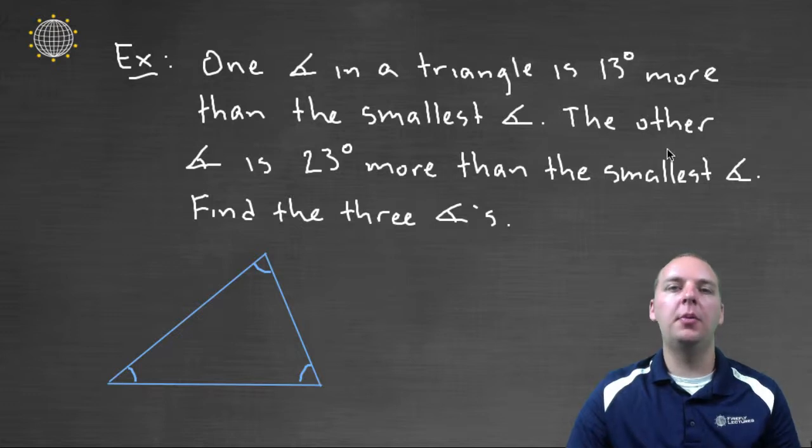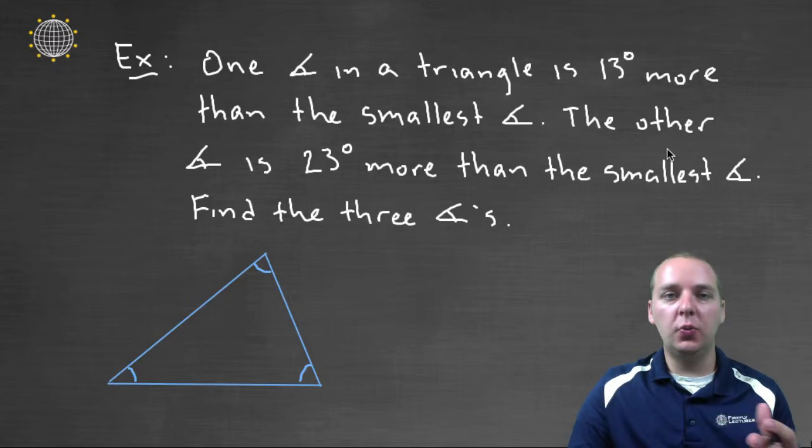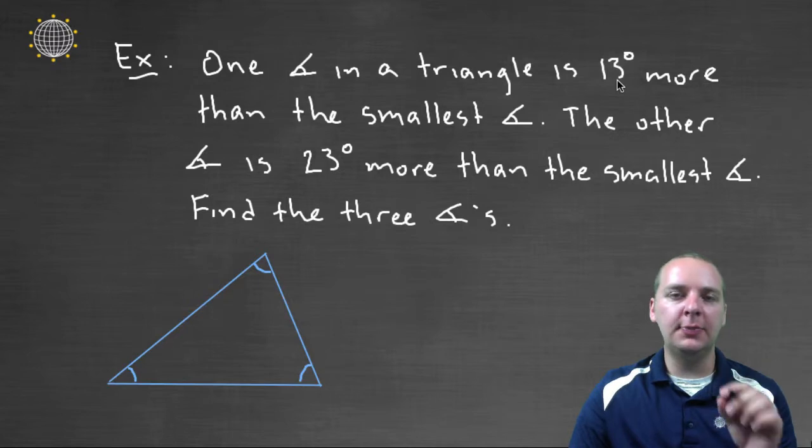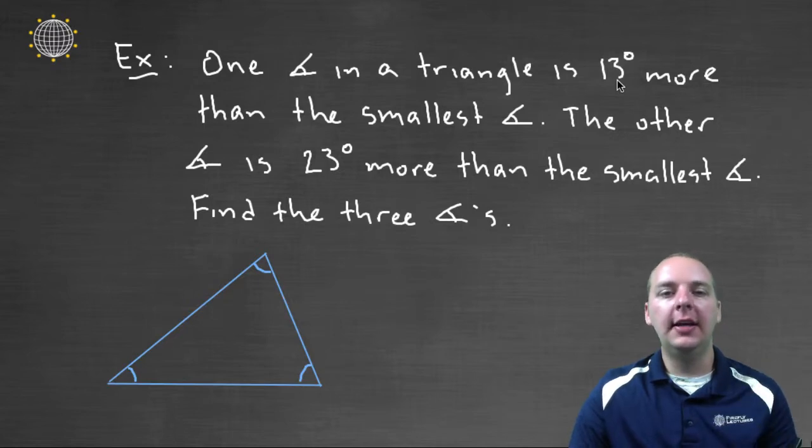Here we have a word problem dealing with the angles inside of a triangle. It says one angle in a triangle is 13 degrees more than whatever the smallest angle is, and the other angle is 23 degrees more than whatever the smallest angle is. They want us to find all three angles. And the thing that this problem is hinging on is the fact that the sum of all three angles in